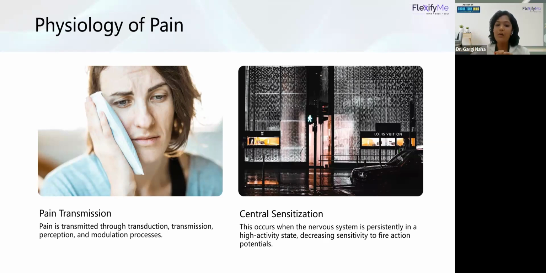Okay. So now what starts happening? Even if there is no pain or even if there is no tissue damage, the brain has already adopted the pain, and it is in a mode that, okay, there is a pain even without an external stimulus. Why I'm telling you this is to understand that central sensitization is very important when we come to the solution, when we come to management of chronic pain.